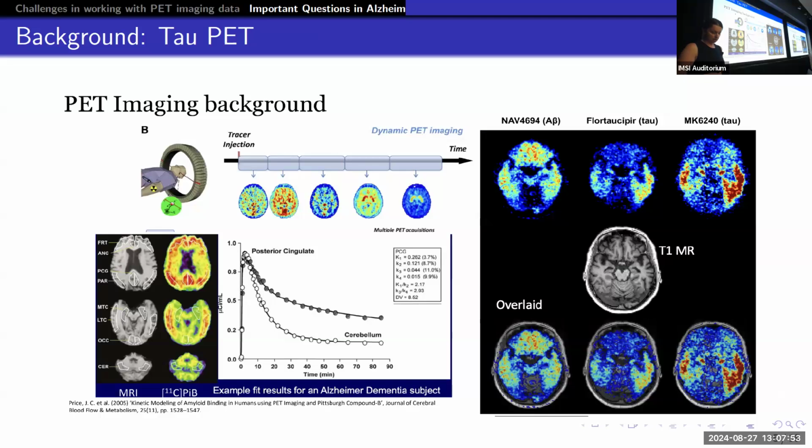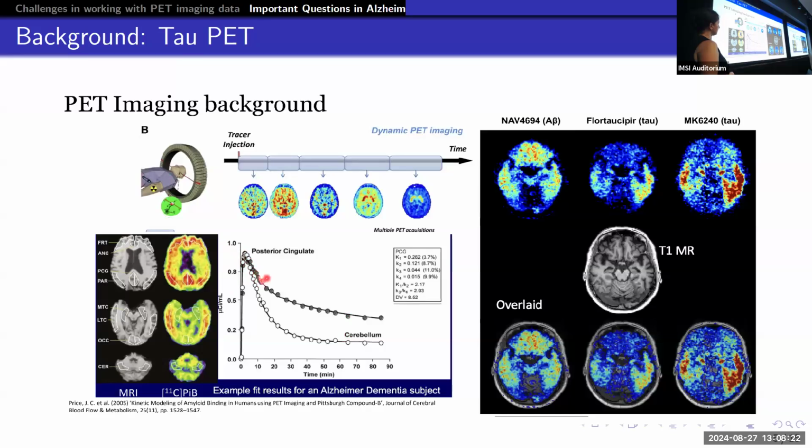What is PET imaging? PET imaging is kind of like the baby that I started with when I was a PhD student. PET is a molecular and functional type of imaging. So you're collecting data based on injecting somebody with a radioactive tracer in their blood. You have to wait until the tracer reaches the blood and then enters your brain, and then it's measured.